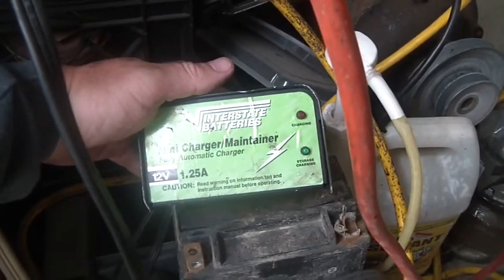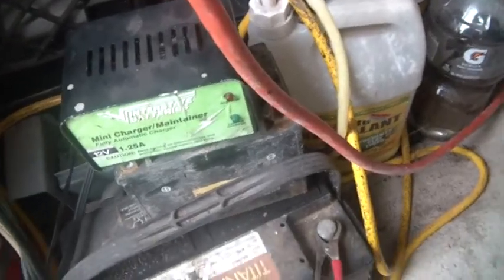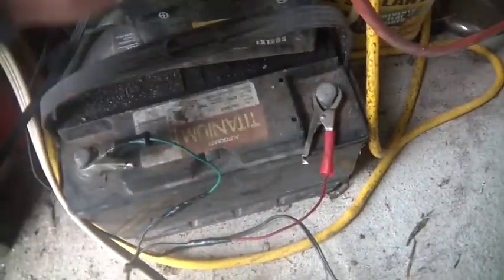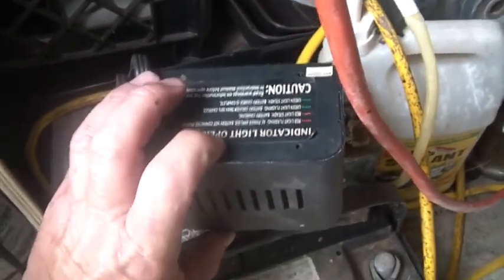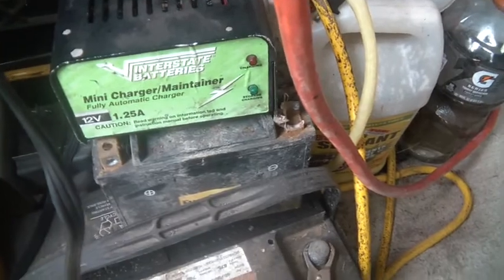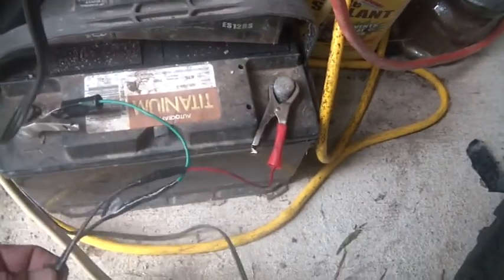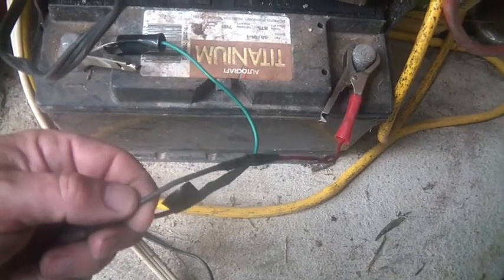This one's for interstate. Anyway, turns out when the guy hooked the leads up to it, he hooked them up backwards. Because whenever I hooked it up to a battery, this charge would blink. And if you read the instructions on the back, that's telling you that it's not hooked up or the polarity's backwards. So I checked the wires, and a lot of times you can tell if you look at a wire that's meant to be hot,